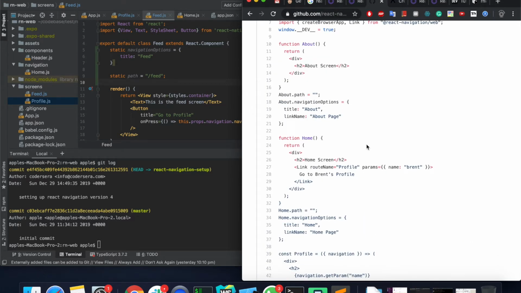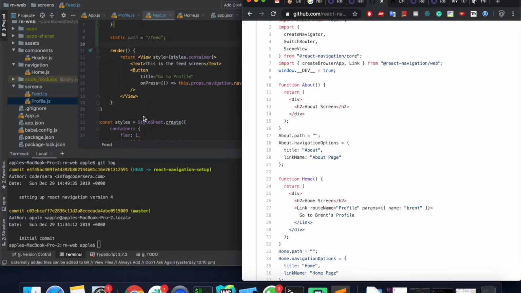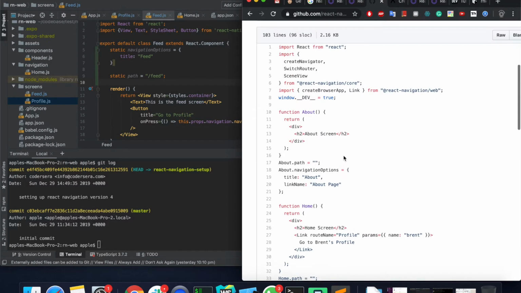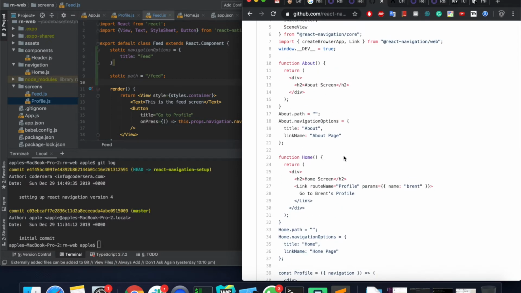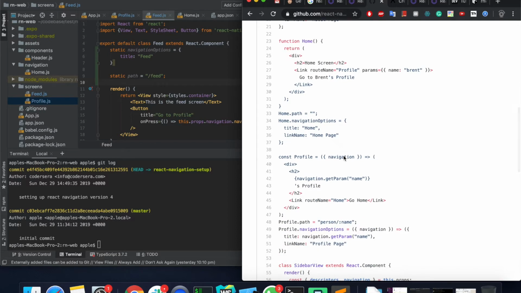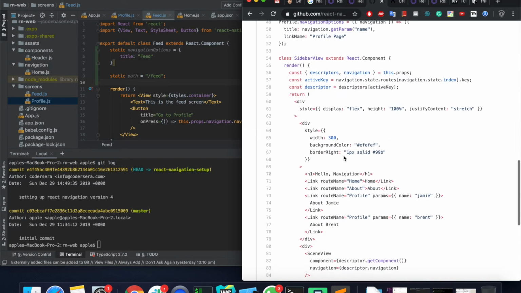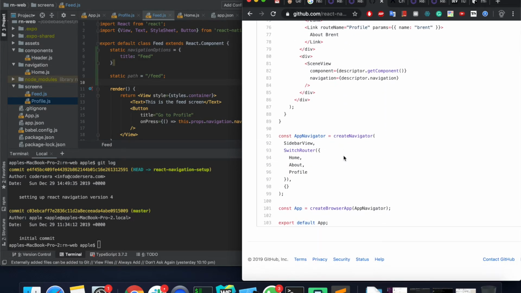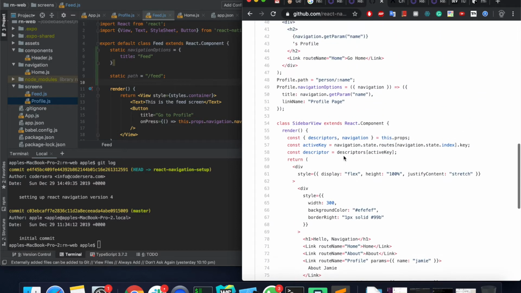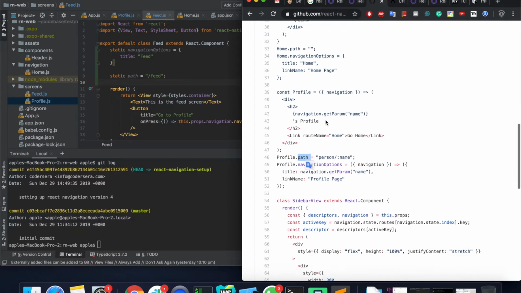Let me go back again. So it says that the path option is supported, just that it's not really